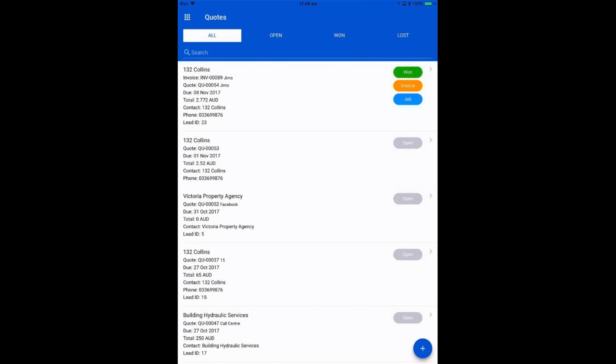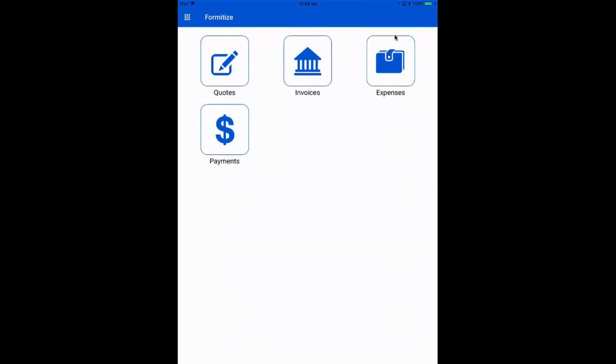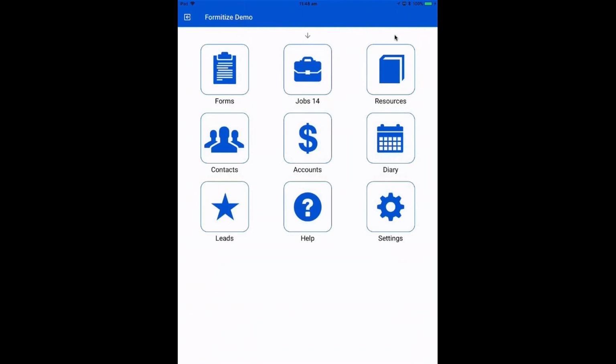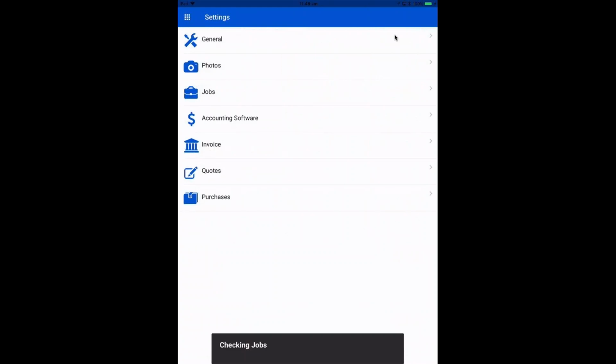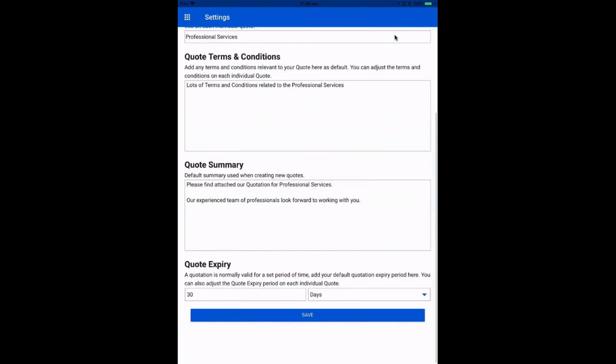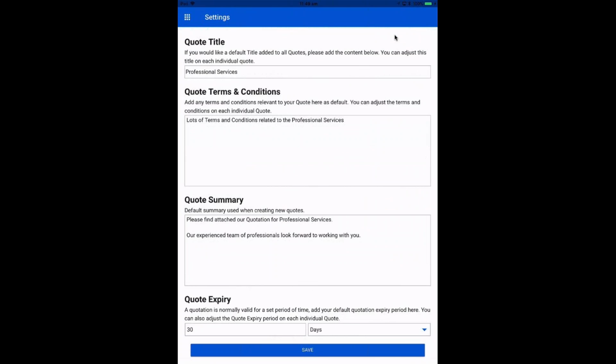Okay, so the quick answer to that is, we'll stay in the app for a minute just so you can see the settings. When you go into the settings section, there are tabs for invoice, quote, and purchase. So in the quote section of the settings, you can add a general title, your terms and conditions, your quote summary. This is traditionally where that information will go. As I touched on earlier, we are in either the next release or the one after, enabling you to add attachments, so physical PDF attachments to the quote and invoice as well. So if you've got multi-page